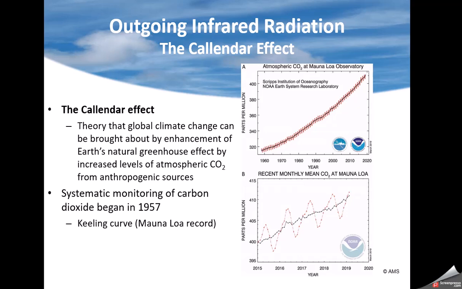Interestingly, they've been increasing faster and faster in the later years here. And you'll notice that during the year, they go up and down. Why is that? Well, they go up and down because photosynthesis goes up and down in the northern hemisphere. So what you're seeing is a record of photosynthesis and how it impacts the curve. But overall,